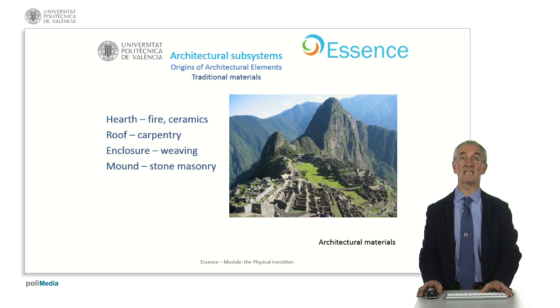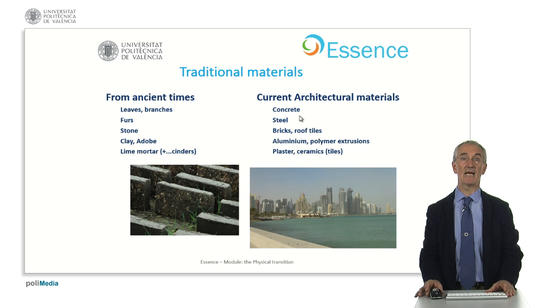So these are the basic lessons that are implemented, like in using leaves, branches, furs, or different natural skins from animals, using a stone, clay, adobe, lime mortar, including cinders for humidity control, and are substituted nowadays by concrete, steel, bricks, aluminium, plaster. All these new materials have in common that they are readily available, very cheap, and don't need a lot of labor, but are in most cases damaging to the environment or need a lot of energy or